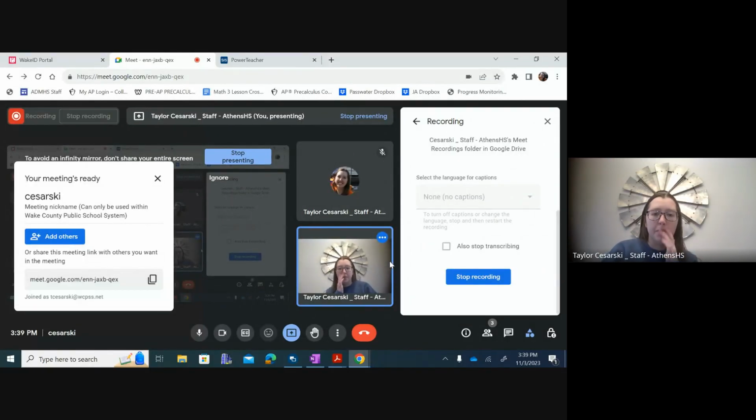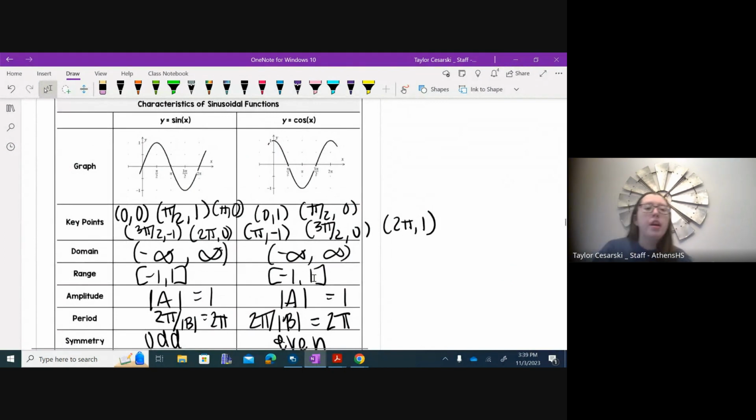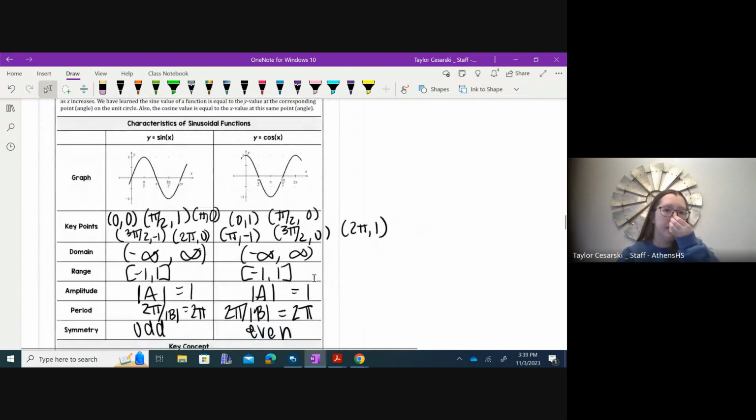Today we're going to look at 3.5, which is sinusoidal functions. It's just going to look at the same ideas that we looked at last lesson, and really just expanding on that. So this is on the very first page of your notes. This is all what we said last time. So none of this is new information except this last statement, which I'll talk about in just a second, which